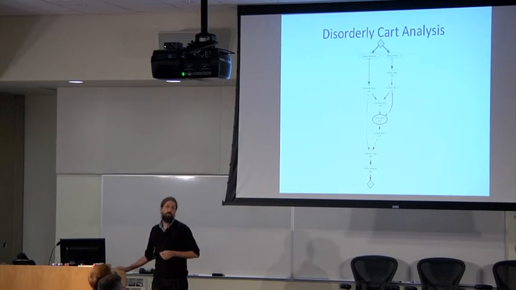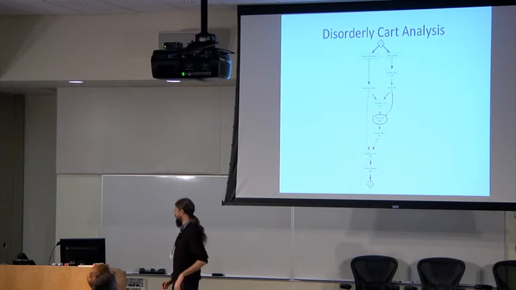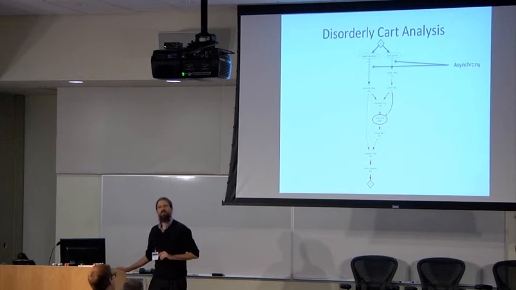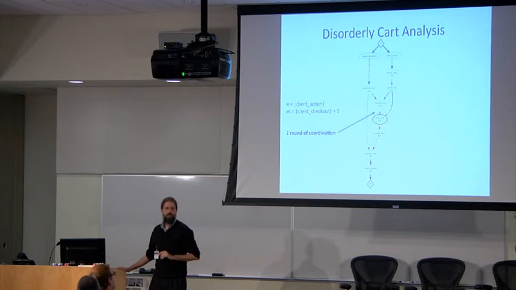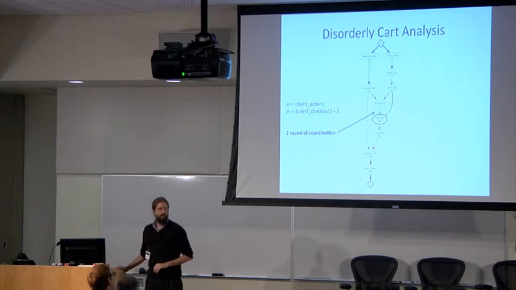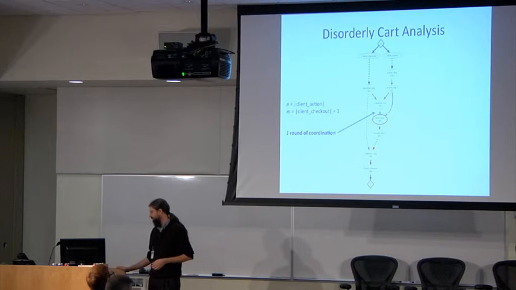Here's the picture. It's a simpler picture. There's no cycles. But there is non-monotonicity corresponding to aggregation in the data flow. So at sort of the top level, the analysis tells me the same story, right? Asynchrony followed by non-monotonicity leads to divergent output. Okay? What's it going to cost me to fix? It's going to cost me one round of coordination because I don't cross that locus in the data flow until I get a checkout message. Checkout messages gate the flow of data across the non-monotonic boundary.